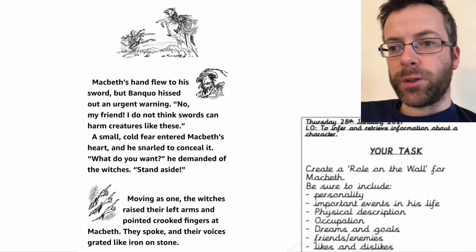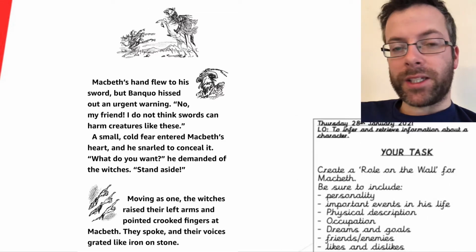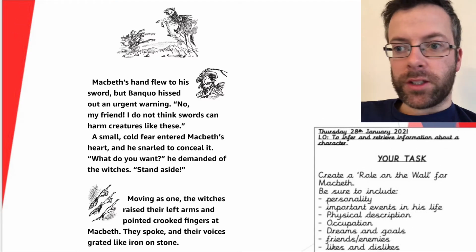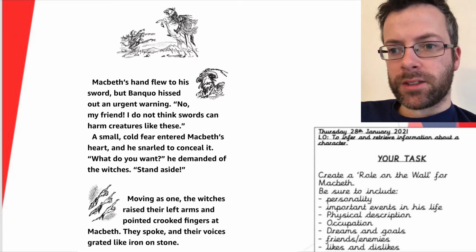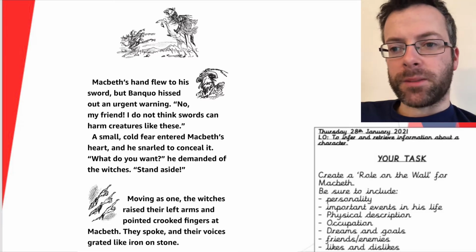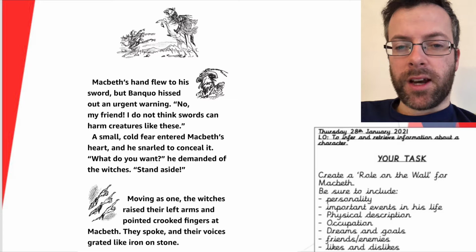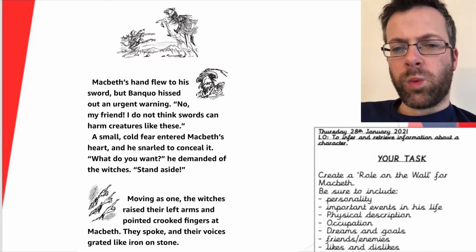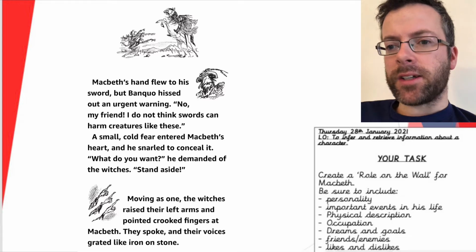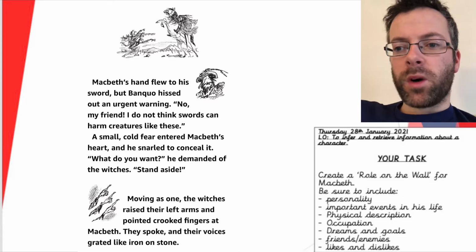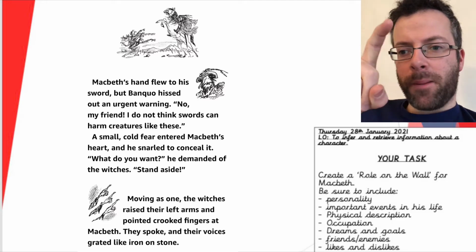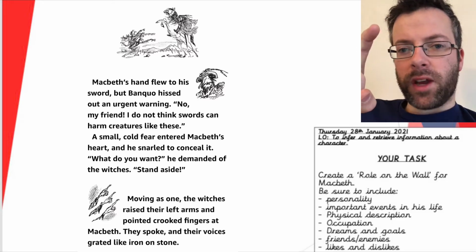Macbeth's hand flew to his sword, but Banquo hissed out in an urgent warning. "No, my friend, I do not think swords can harm creatures like these." A small, cold fear entered Macbeth's heart, and he snarled to conceal it. "What do you want?" he demanded of the witches. "Stand aside." Moving as one, the witches raised their arms, pointed crooked fingers at Macbeth, and their voices grated like